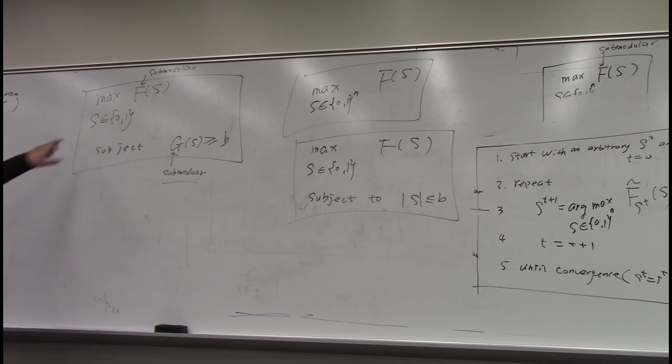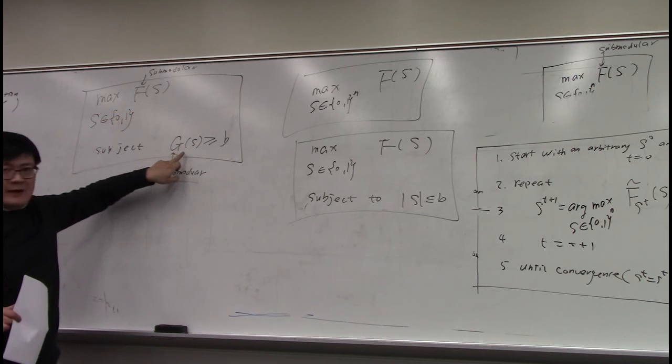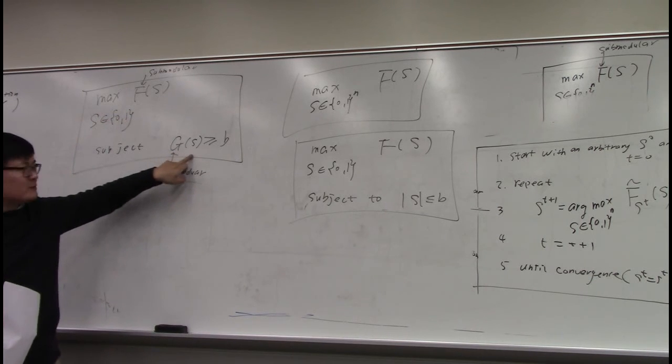So if you want to maximize a submodular function subject to another submodular function that must be greater than